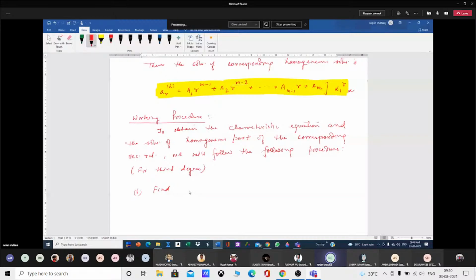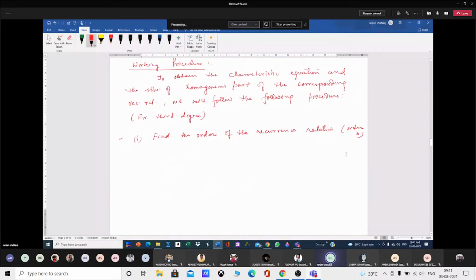Find the order of the recurrence relation. So what should be the order? If it is the third degree, that means the recurrence relation is of order 3. If it is a third degree characteristic equation, that means the recurrence relation is of order 3. So we will start from here. First one is okay. Next one is